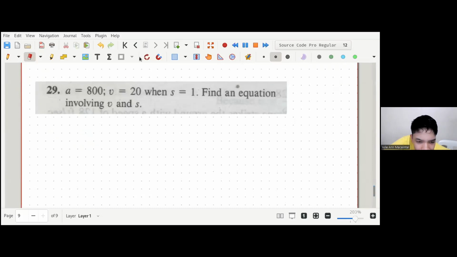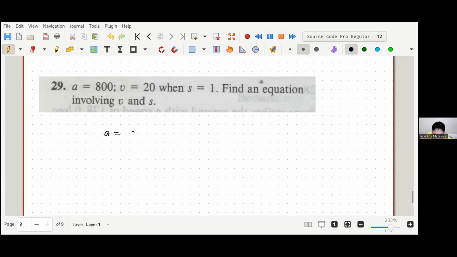Mag-move tayo uli sa physics kasi yung method na to, yun yung pinagkukunan natin ng work-kinetic energy theorem. So, yung acceleration natin is equal to a constant. Tawagin natin a sub 0 lang para alam natin constant yan. Ngayon, we know na that's actually the derivative of velocity with respect to time. Ngayon, from the chain rule,